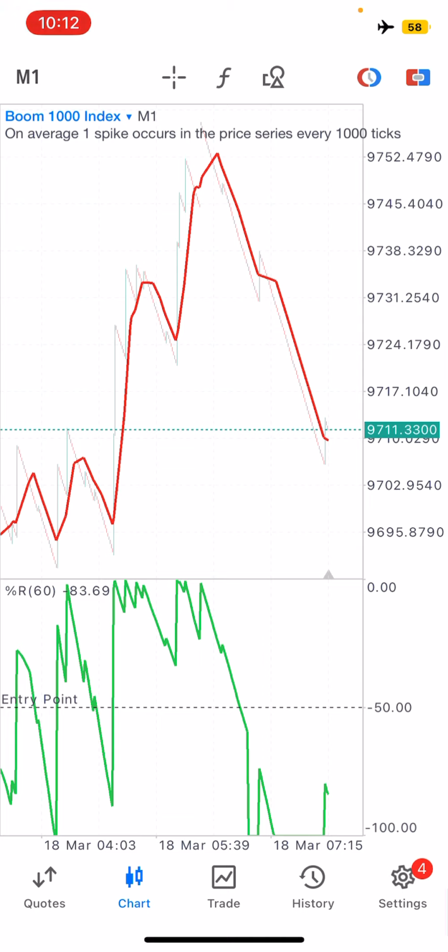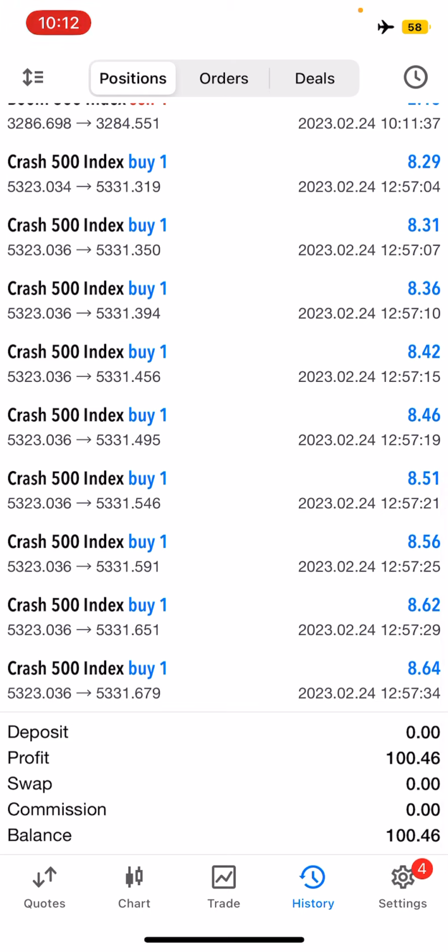So this is the strategy. It's a very simple boom and crash scalping strategy. As you can see, we only have about 2 indicators that we are using to get these awesome entries. So I want to teach you guys this strategy. I'm going to share with you guys the settings for the strategy, that is the indicators that we use to actually